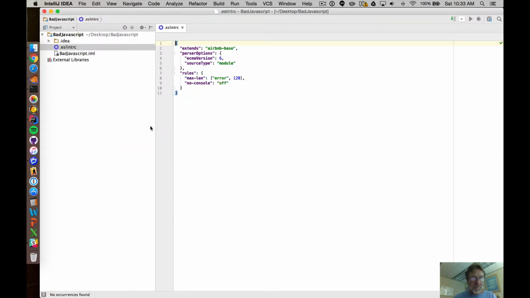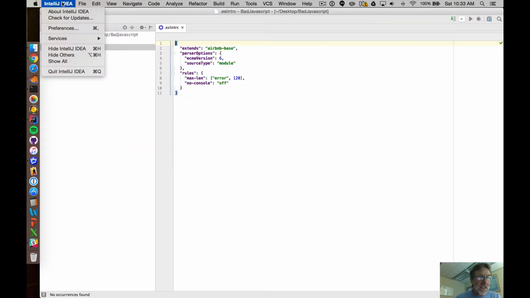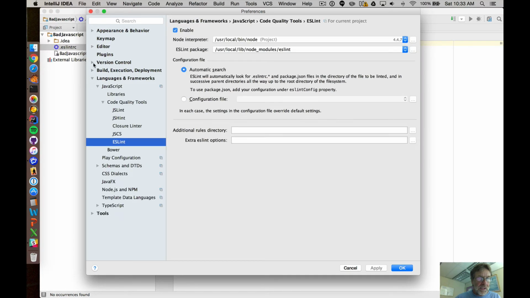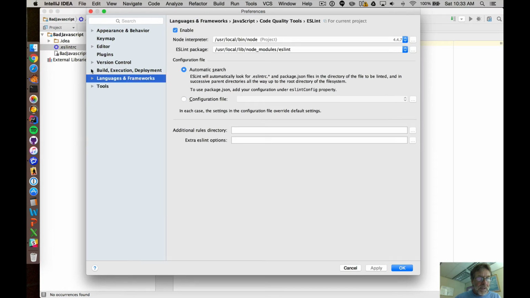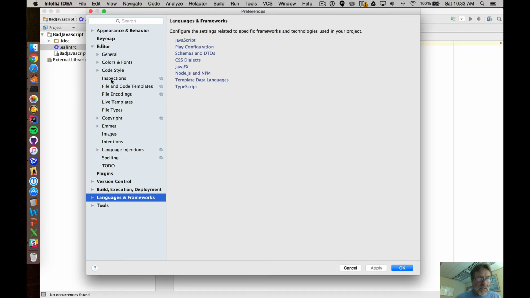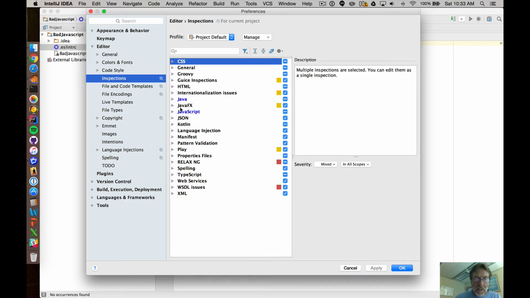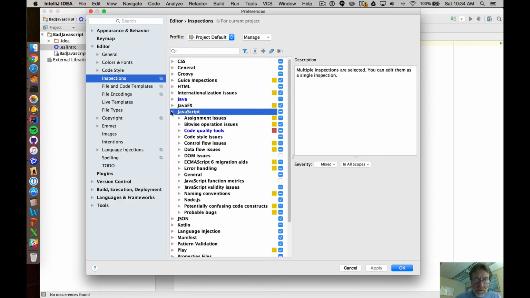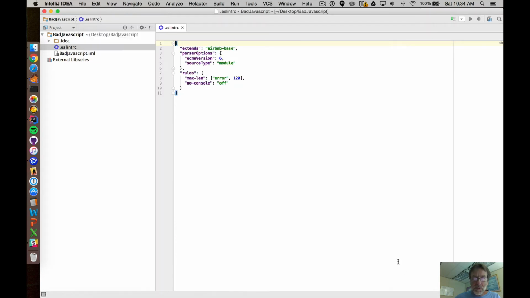So the way we do that, if you haven't done it, is you go to IntelliJ IDEA, Preferences, Editor, Inspections, and then you go down to JavaScript, okay, and then you click that, and once they're all like that, they are all deleted. So we can say, okay, for the current project, we're not going to have any inspections for JavaScript. So we click OK,